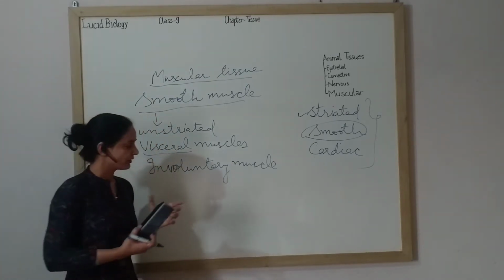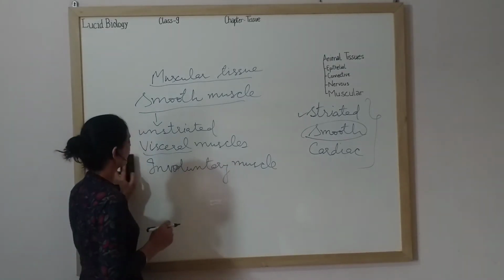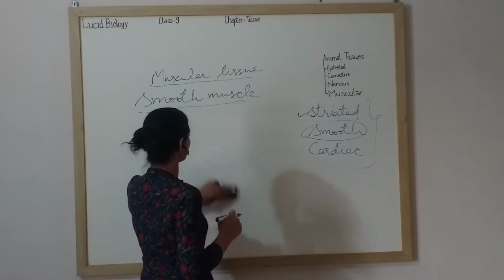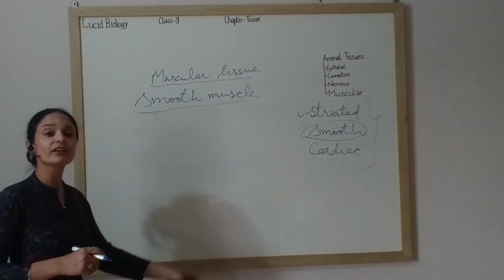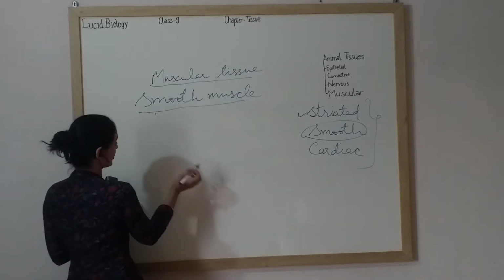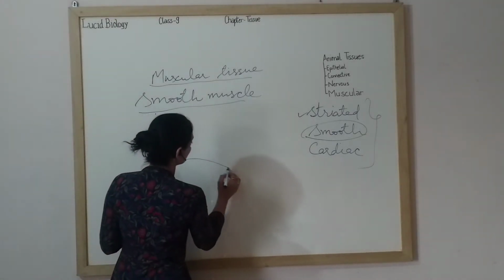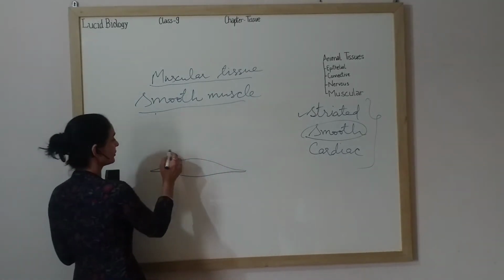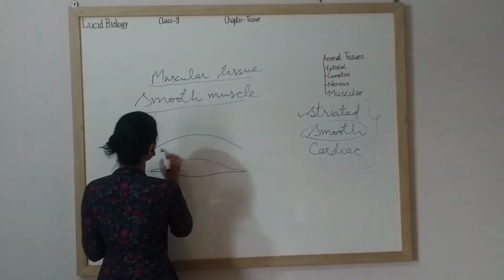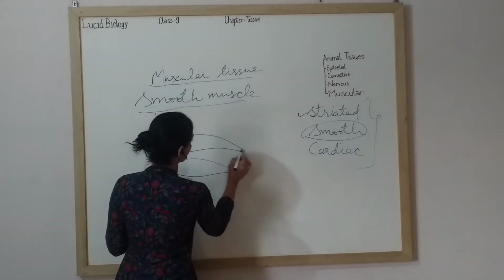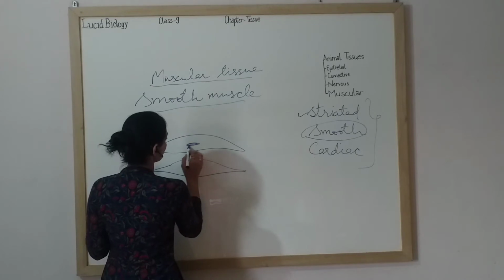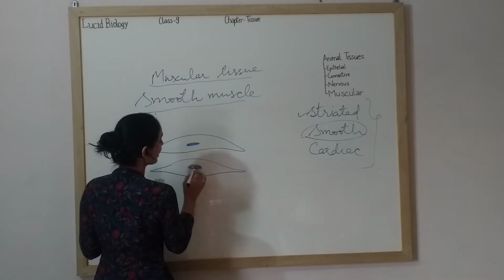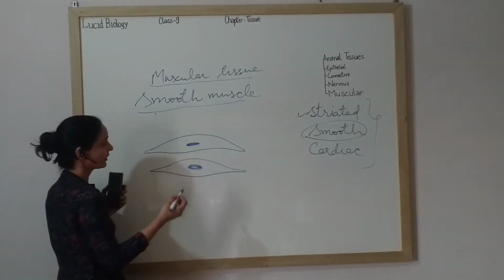Now, let us look at the diagram. How do they look? First of all, these muscles occur in bundles. They do not occur single. They occur in bundles and they are tapering. They are spindle shaped. Spindle shape means they are broad from the middle and pointed from the ends. These bundles of smooth muscles are connected by loose connective tissue. They have single nuclei. That means they are uninucleated, and the nucleus is cigar-like. It's very long.